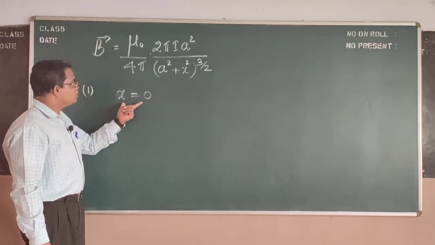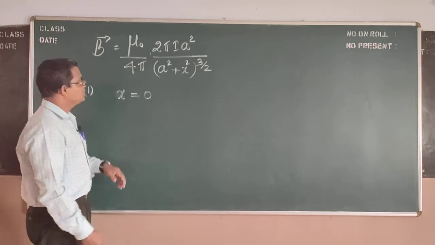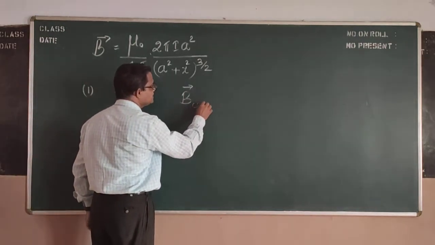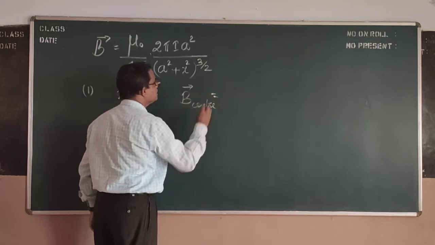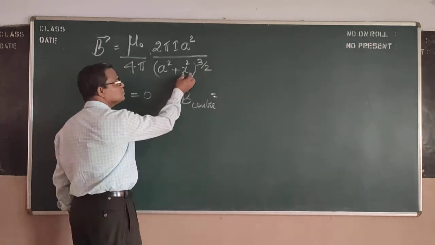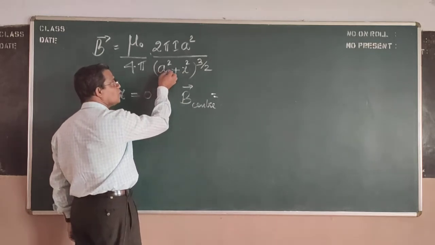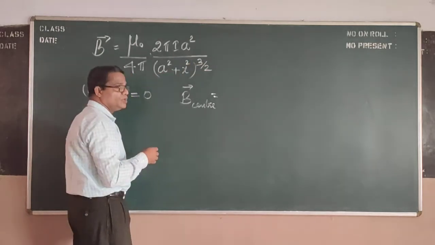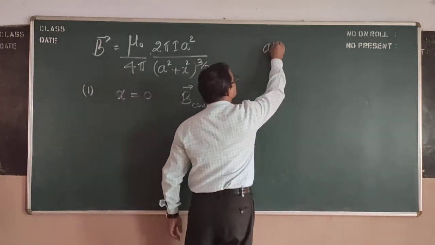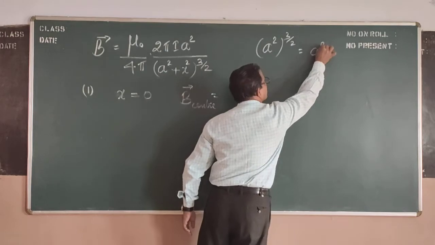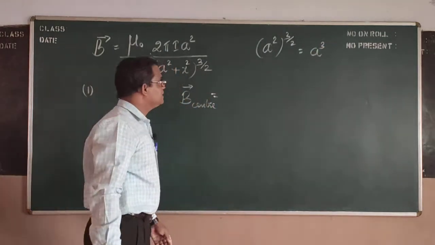When I put x equal to 0 into this equation, I get the field at the center will be equal to, x square being 0, a square only coming here, a square all raised to 3 by 2 will be equal to a cube, and therefore